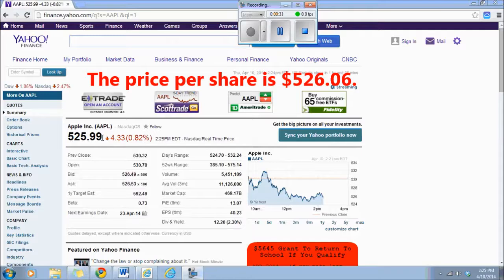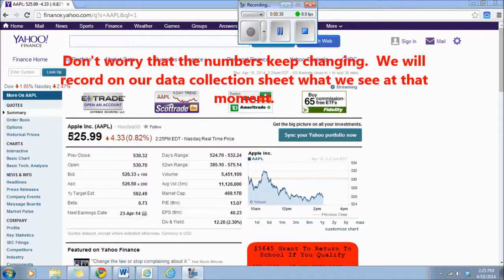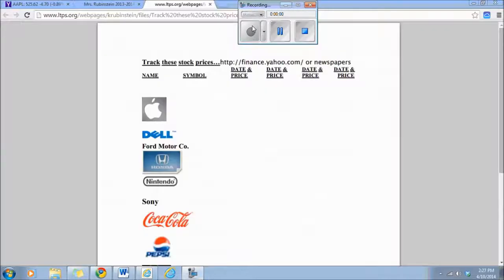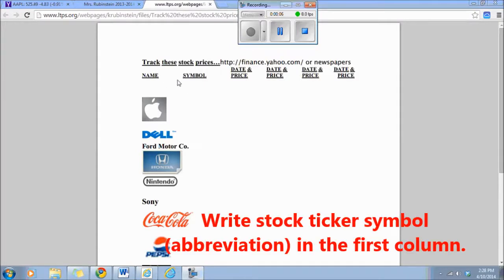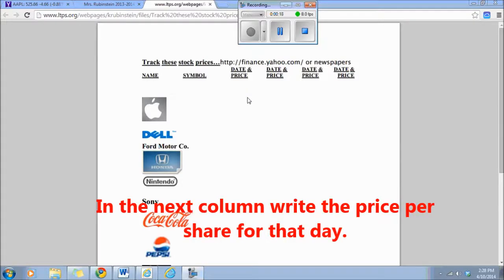Don't be so concerned that it keeps trading. Write down the price per share as you see it at the time that you're writing it down, and write it down in the very first spot on your recording sheet. So what I'd like you to do is write down on this sheet the stock symbol for Apple, as you saw, it would be AAPL. And you're going to write in this column the price that it's trading at the time that you're looking at